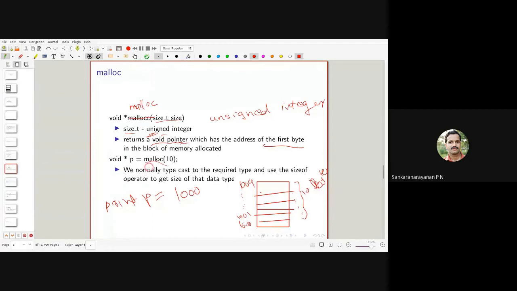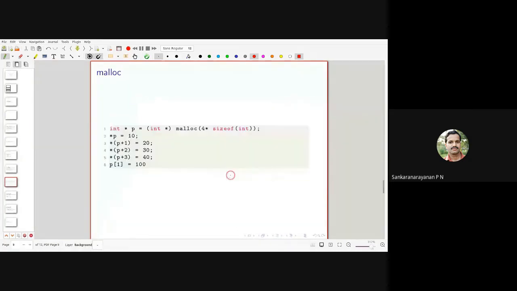And as I told earlier, we normally typecast to the required type and use the sizeof operator to get the size of the data type. In this example, we are allocating for integers. So malloc of 4 into sizeof integer means we are allocating space for 4 integers from the heap.